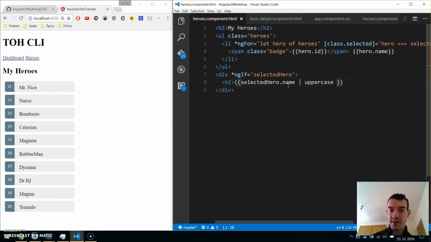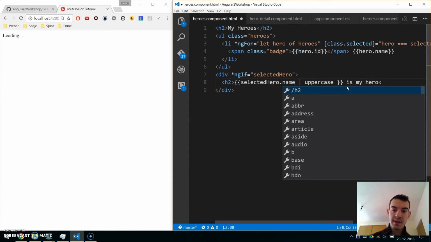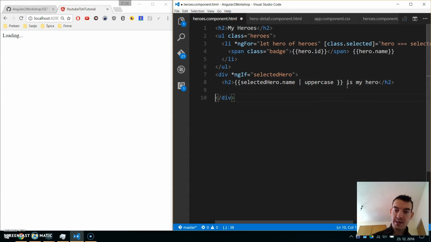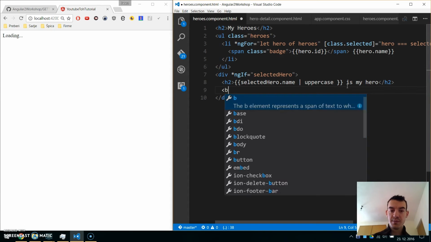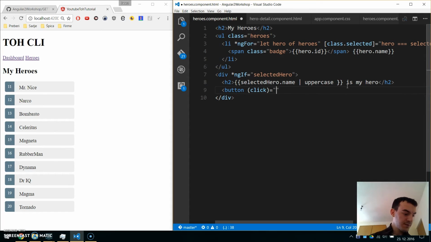So just pipe and uppercase, and our name will be formatted like this. We can call it my hero. And we also will put a button with a click event of goToDetail,